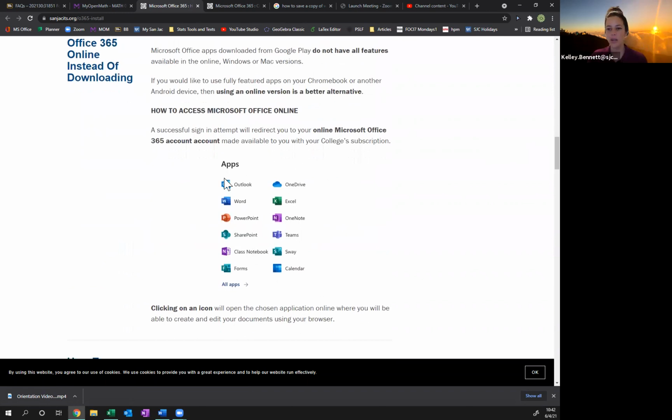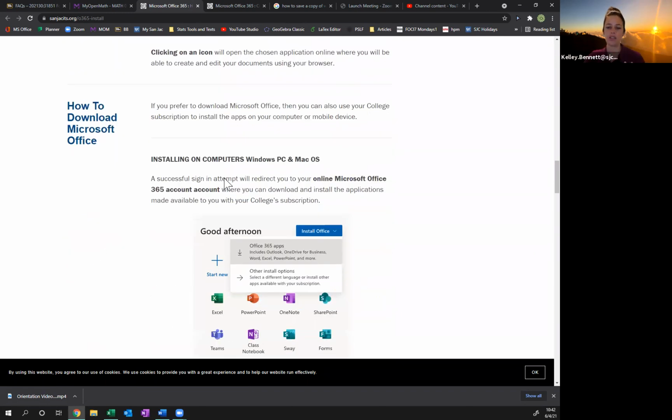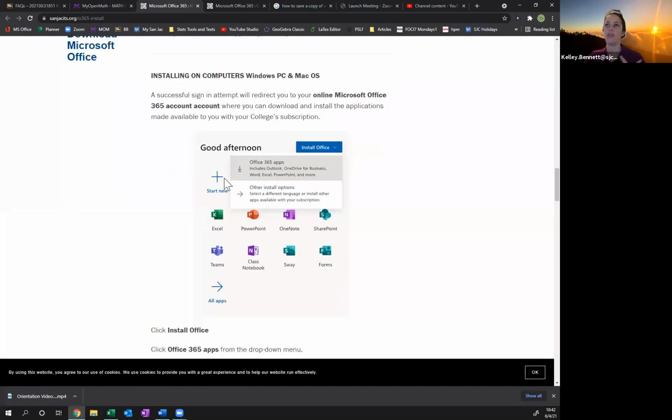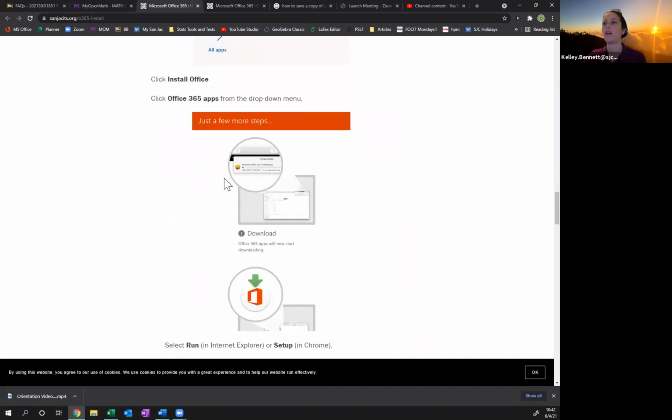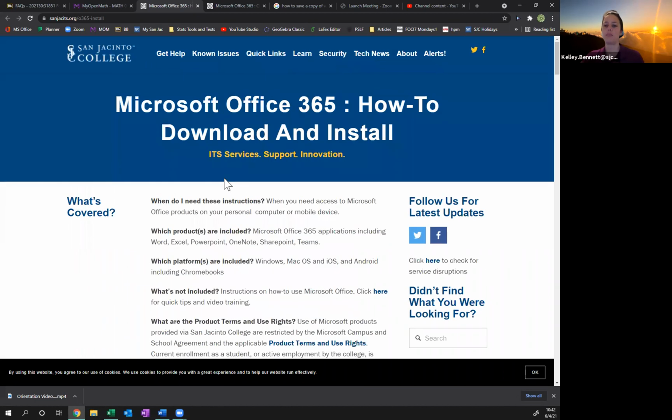If you want to download it, it shows how you can download all the Microsoft products onto your machine, or if you want to use it on mobile, say your iPad, or if you have an Android product, whatever. So that's the first step, making sure you're logged in. And if you want to install the product, which I highly, highly recommend, then go ahead and do that. So once you have that all set up,